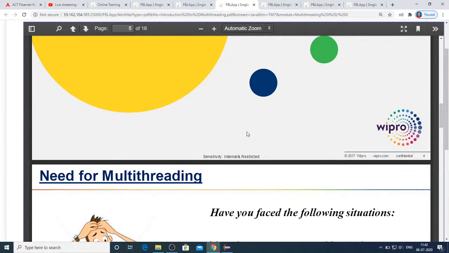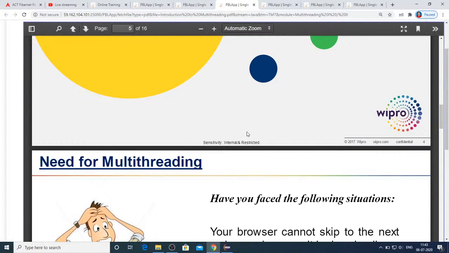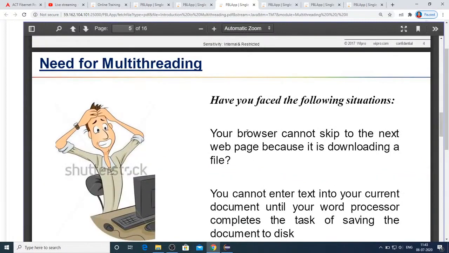You might have heard the terms multitasking and multi-threading. Here you need to understand two things: what is process-based multitasking and what is thread-based multitasking.